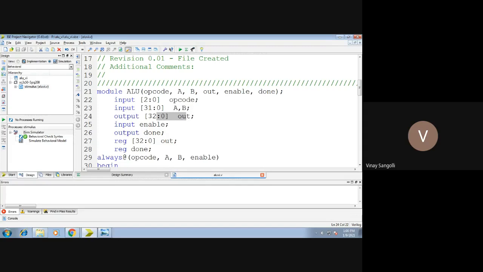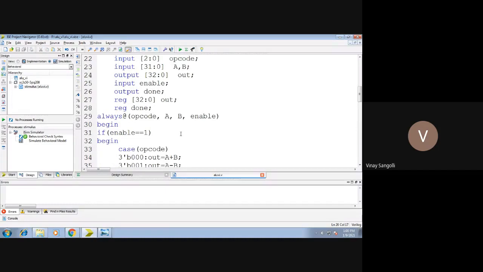Since we are writing our code in the behavioral description, it becomes important to use 2 keywords, which are reg and always. So always, this is the sensitivity list based on which you will be performing your operations.